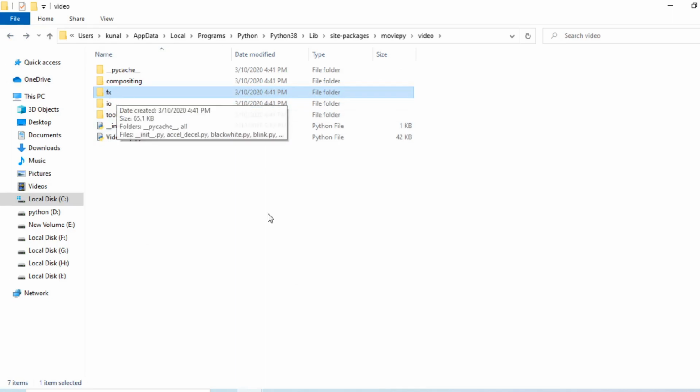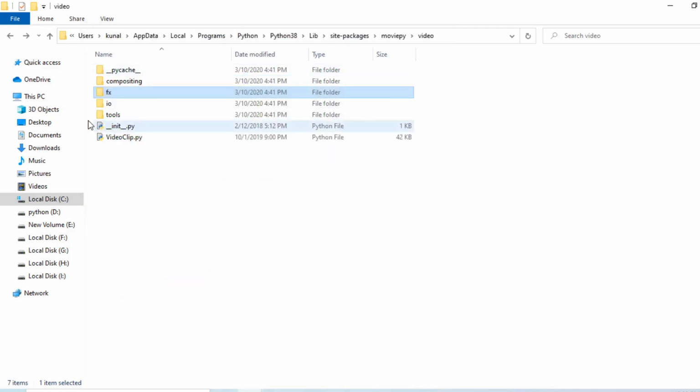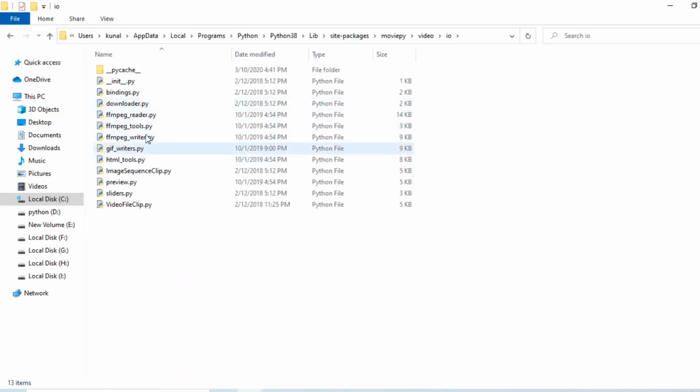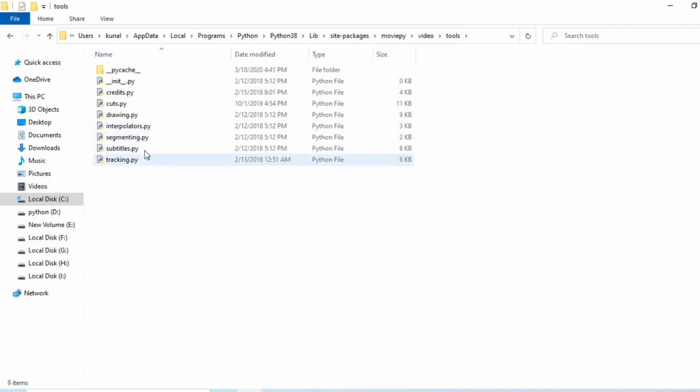These effects are present in the fx folder, and IO is input output, and these tools also have some methods. So explore directly.